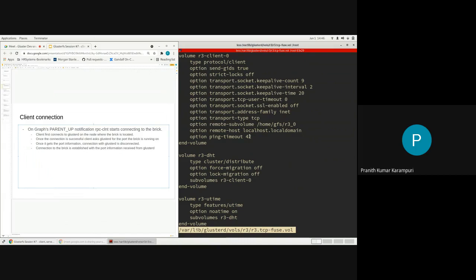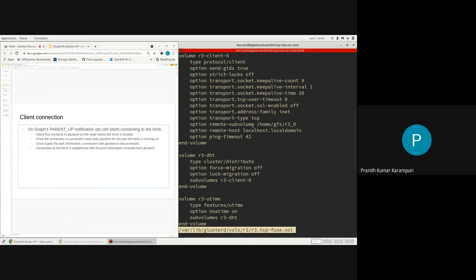Once that connection is successful, it will try to do a dump of these programs, and it will get the information that this particular GlusterD has something called the port map program, which basically contains all the information about which brick is running on which port.